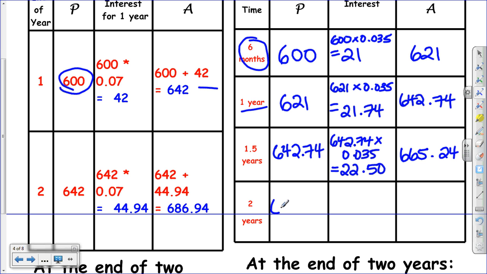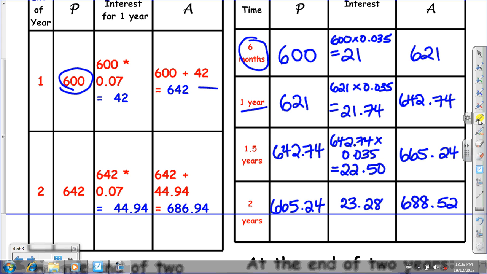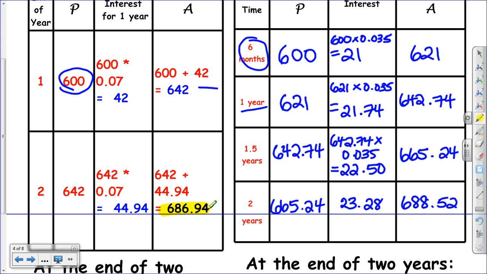And now $665.24 becomes your new principal. The interest here is $23.28, and that's because I multiplied by 0.035. And then for a total of $688.52. So if this was compounded annually, at the end of 2 years, you have $686.94. But at the end of 2 years, compounded semi-annually, you have